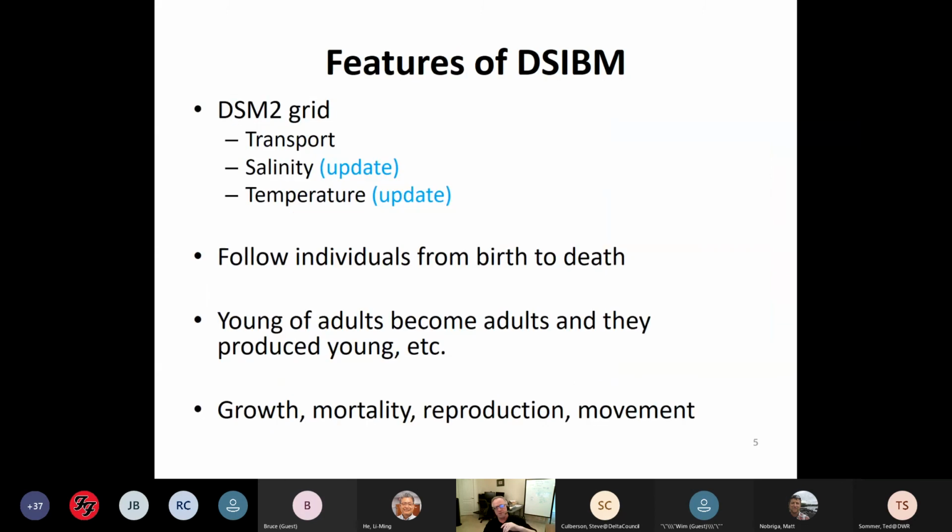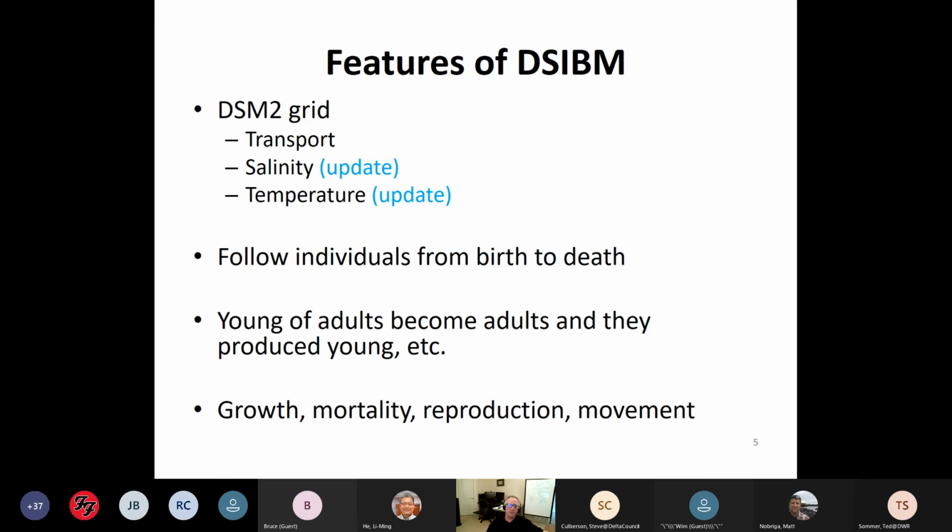So what you'll see is periodically an update, which means that was part of the update. Most of the results, not all, are from the old results, because I didn't want to put out results until we're really happy with the calibration, validation, and all that. We're not done with that yet: the entrainment, the new way to do things, the new food. So it's kind of a mix, and I apologize for that.